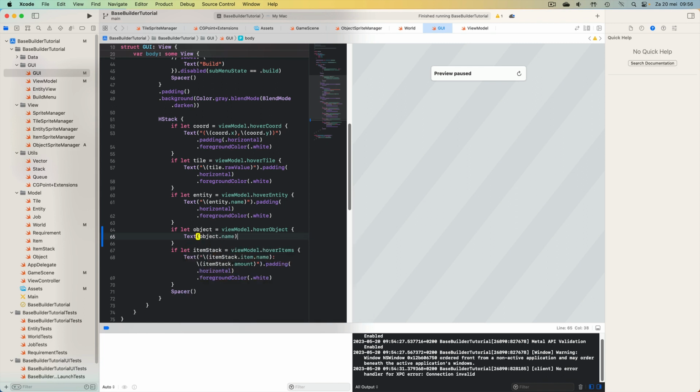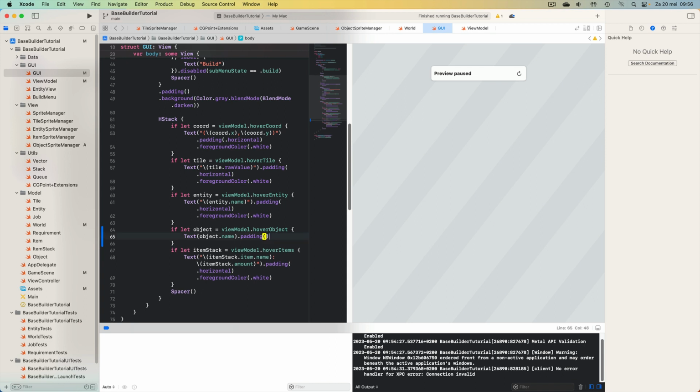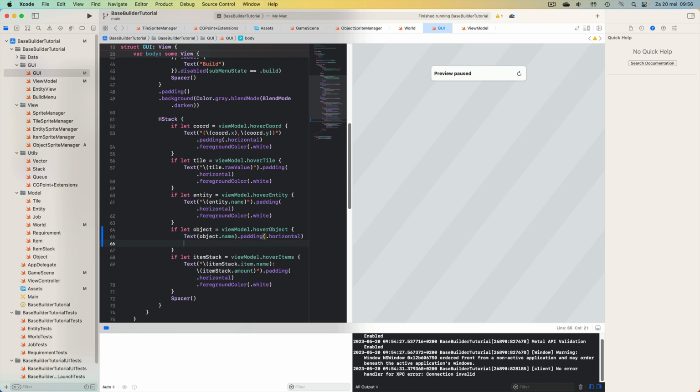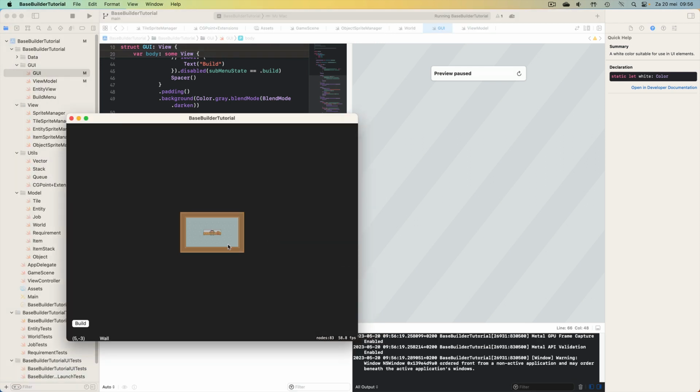Object.name. We add some padding, just like above. And we add a foreground color. Let's see if this works. So let's see. If we hover over, we can see indeed the kitchen counter showing up in the bottom